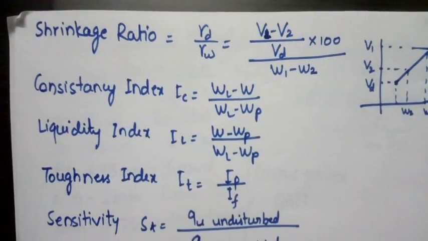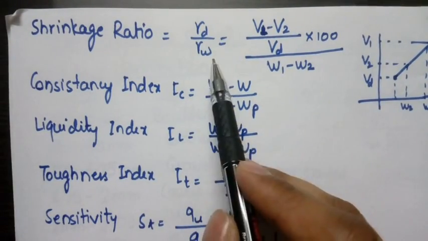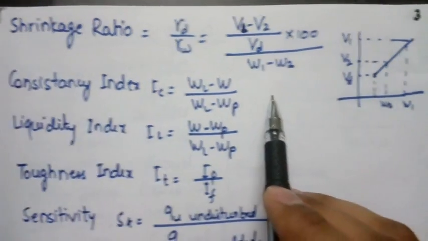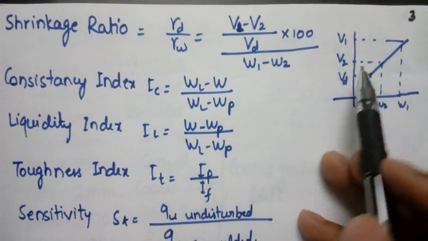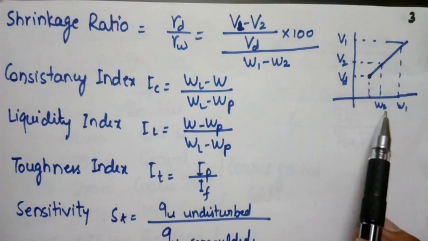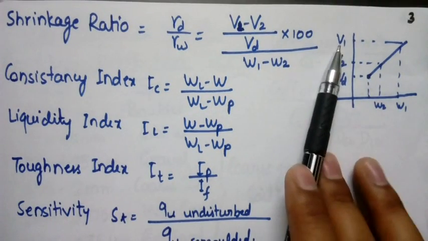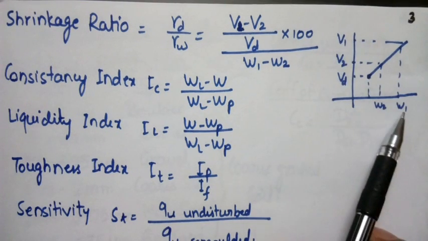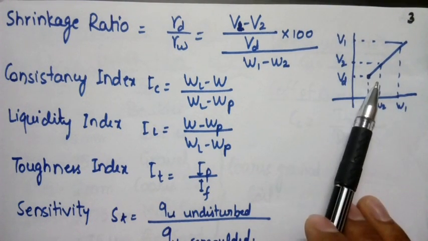Moving on to our next relation, that is shrinkage ratio. It is gamma d upon gamma w, that is ((V1 minus V2) upon Vd) into 100 upon (W1 minus W2). We can see what are these terms in the graph. That is, when we increase the water content, the volume is also increasing, and in this one we have V1, V2, W1, W2, and this is Vd,